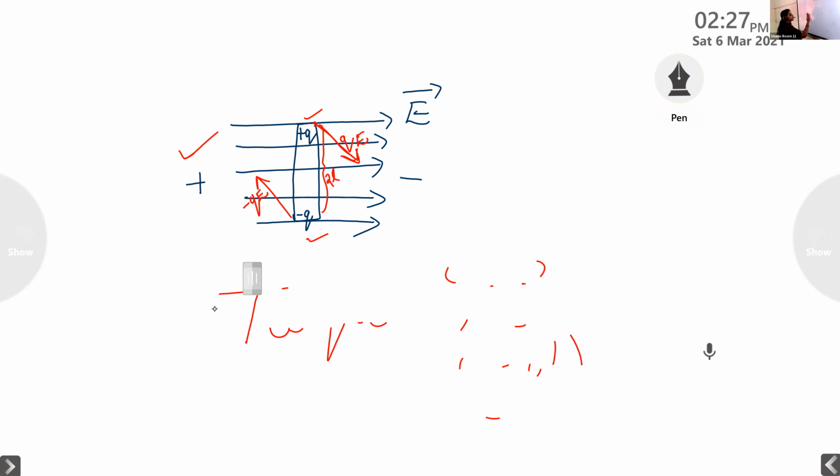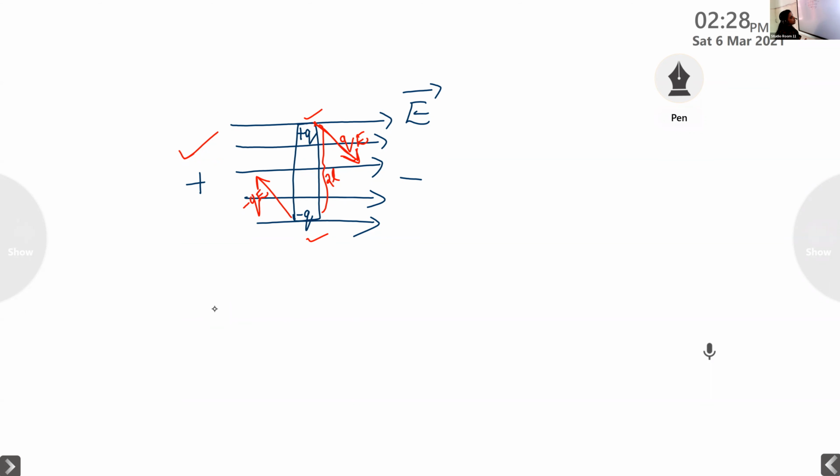So what is torque? Did you get an idea about torque? Due to the presence of forces on the charges minus q and plus q inside this electric dipole, the dipole undergoes a slight rotation inside this uniform electric field. This rotation effect is known as torque, and it is represented by the letter tau. Is it clear?